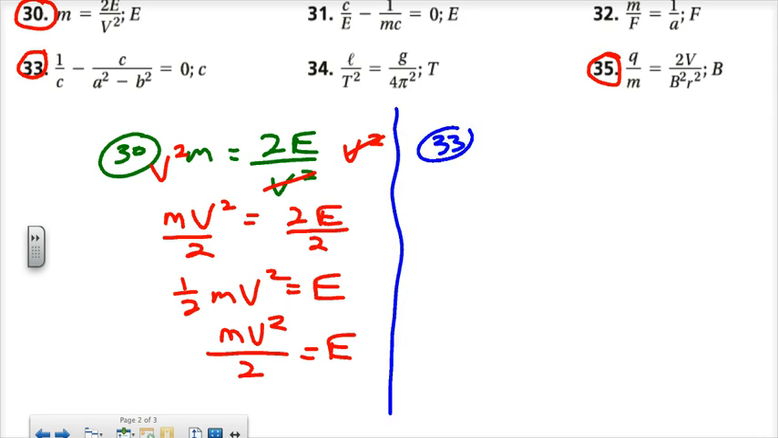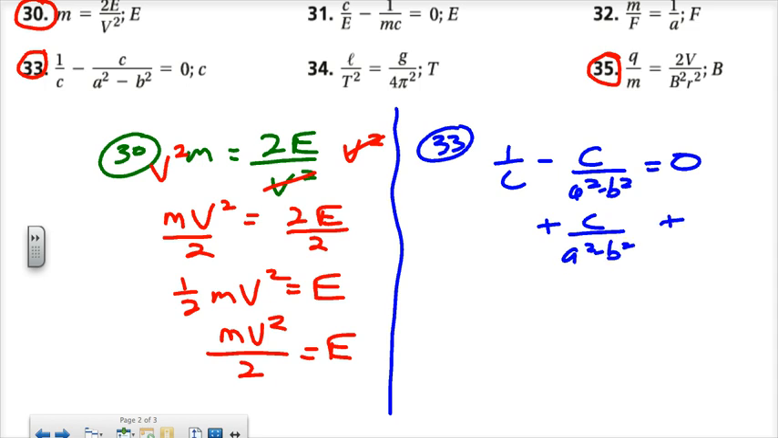33, getting more complicated here. 1 over c minus c over (a squared minus b squared) equals 0. And we're supposed to solve that for c. Well, here's what I'm going to do. Since there's a 0 over on the other side, I would much prefer to add that c over (a squared